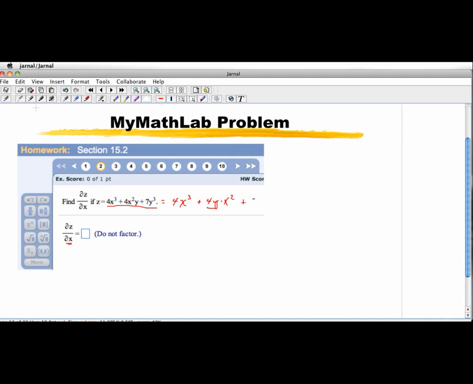So now it looks like something I'm treating as a number times the power of x. And then the last term, 7y cubed, well, it has no x's in it, so it's easy enough to treat that as a number. So that's just a rewrite. That's not actually doing a derivative rule. We've said rewrite before a lot, and that's all we're doing here. But this will help me focus on what's the number and what's the variable. So my derivative,